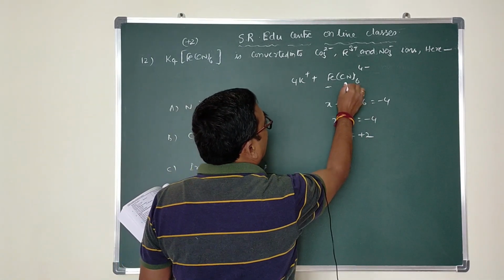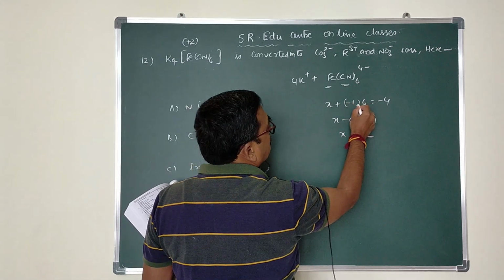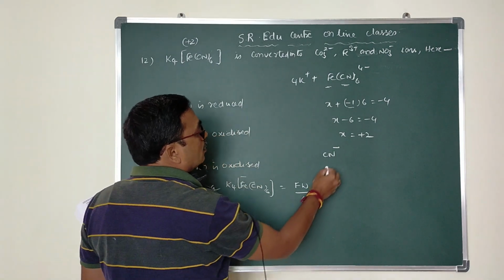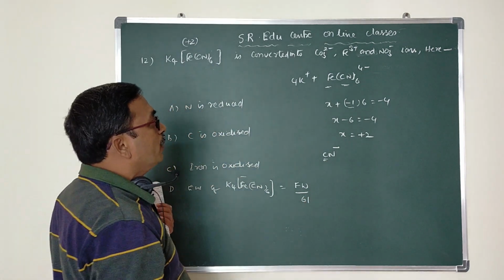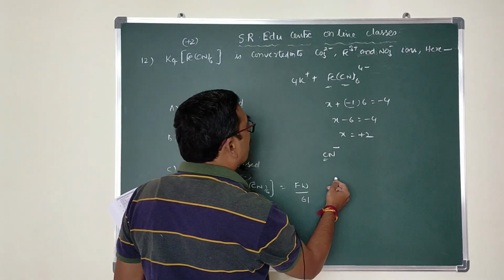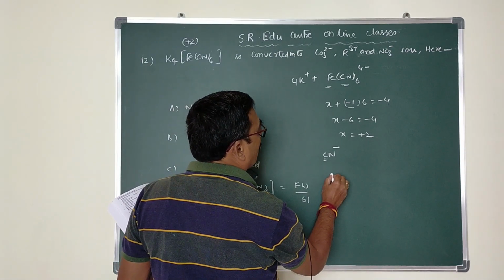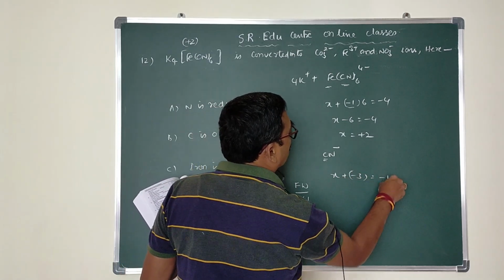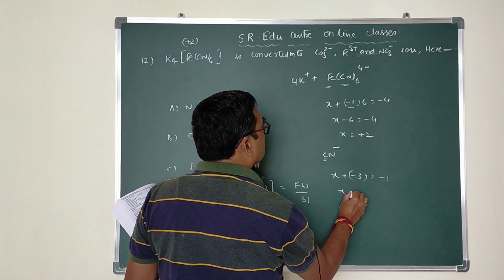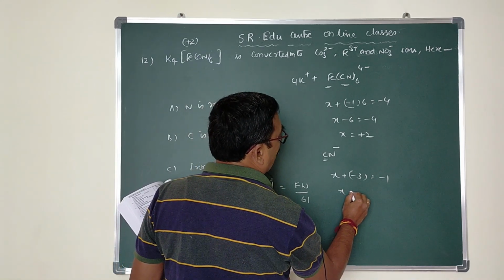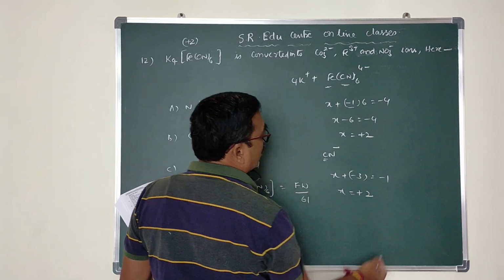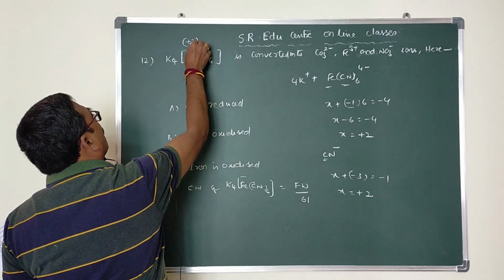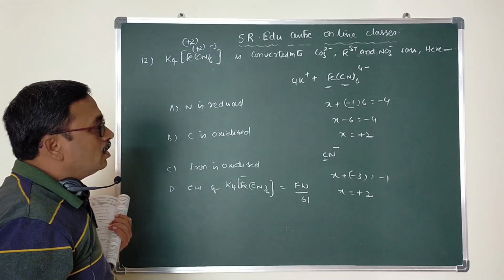See, we are given the oxidation state of cyanide as -1. That means for CN we are writing CN -1. We have to find out the oxidation state of carbon here. Say carbon is X. Common oxidation state of nitrogen is -3, so X plus (-3) is equal to -1. Therefore, X is equal to +2. That means the oxidation state of carbon is +2 here, and nitrogen is -3.